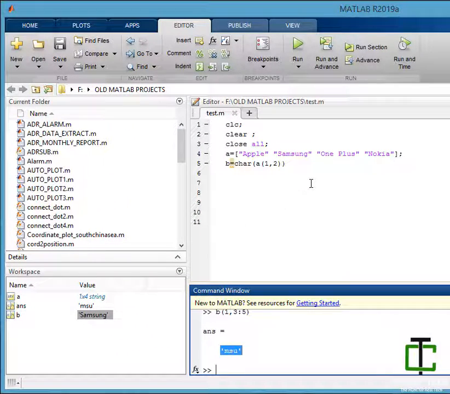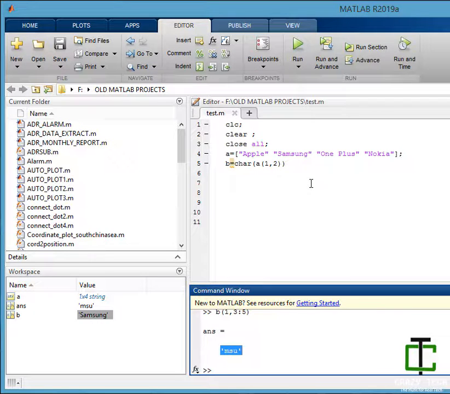Now let's quickly look at some of the useful functions. What I have been teaching you since my first video is focused only on the functions and programming syntax which are useful for our upcoming videos, when we'll be dealing with signal, audio, video and image processing.